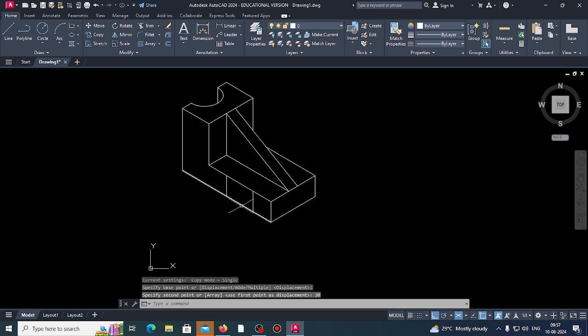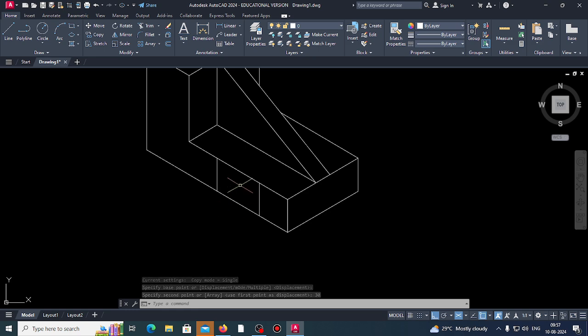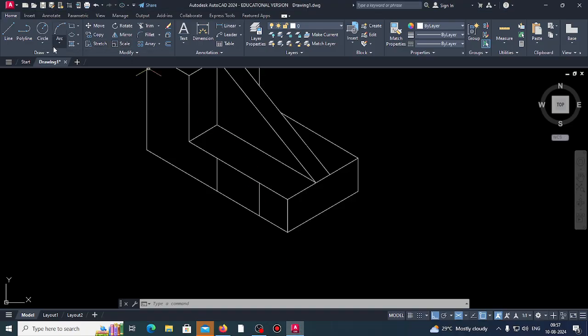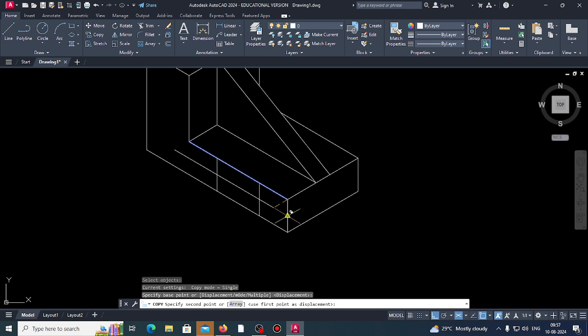From here also you can copy 30. Okay, done. Now let us copy this line to the depth of that rib. That is not shown. 10 mm. Okay, depth. This gap is 10. So let us copy the top line or bottom line. Copy this line from here, bottom, F5, 10, half of the overall 20. Okay, now